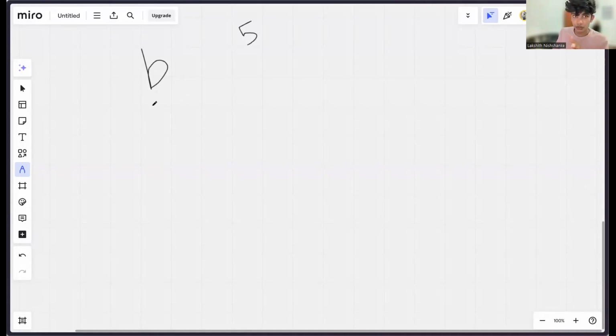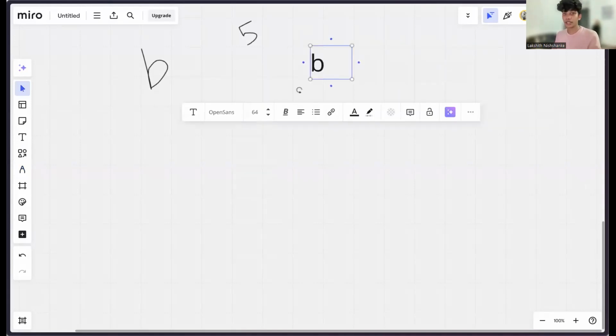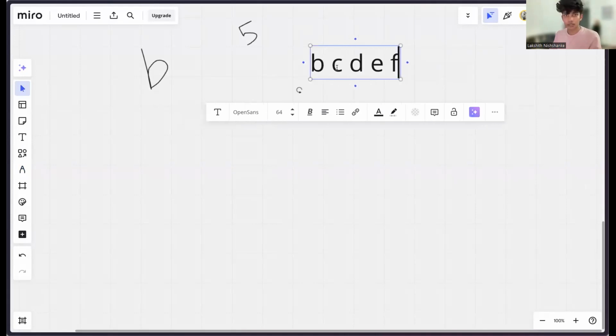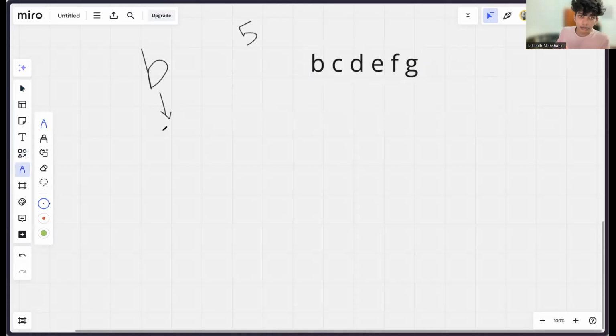this says 5. So what I have to do is I'm going to use a text box here. So first letter is A, B, C, D, E, F. Shifting by 5 means I'm going to shift B by 1 to C, another to D, E, F, G. If I shift 5 times, I'm going to get G. So B will become G. So this is what should be happening, right? So I think your problem is, how did I implement this?